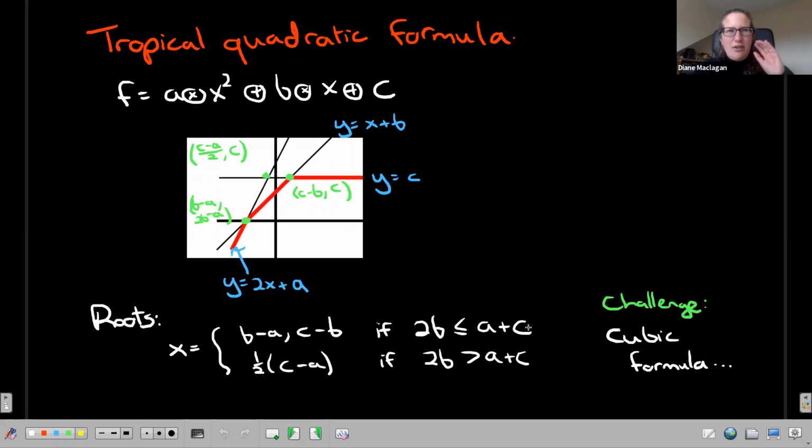Maybe here we had 2 cases, maybe you'll have 4 pieces instead of 3 for the cubic formula, and you'll get some more cases, but it's doable. I like to think about some problems as desert island problems: if the condition to get rescued from the desert island was to solve this problem, would you get rescued? I'm confident that you would all get rescued if the condition was to come up with the tropical quartic formula. So what you should take away from this is that tropical geometry is a little bit easier.